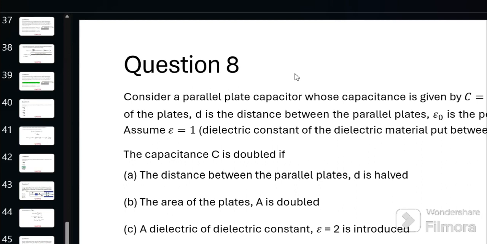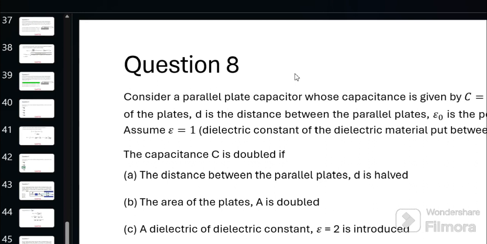Consider a parallel plate capacitor whose capacitance is given by C equals A epsilon naught by D. So here we know that it is not in free space, it is in a medium because we have epsilon. A is the area of the plates, D is the distance between the parallel plates, epsilon is the permittivity of the space, and assuming epsilon r is the dielectric constant of the material that is put between the plates, the capacitance C is doubled if,